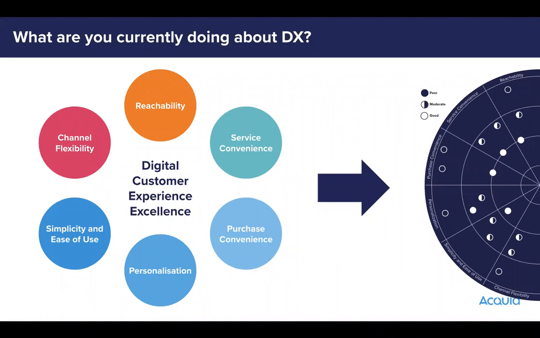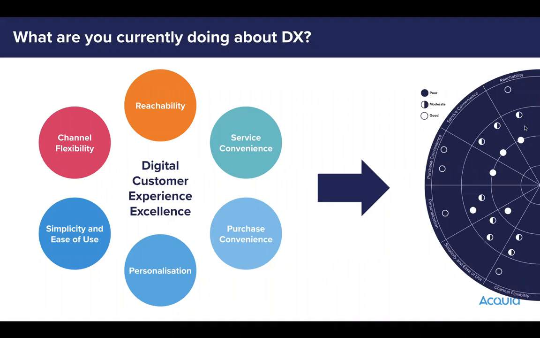And you can do some sort of map. So if we look on the right-hand side, we've got an example of a map where you may want to highlight the reachability area. And you may want to break that down into the areas that are relevant to your business. So if you're a fashion label or retail, you probably want to do a push onto social media in some way. You might want to be doing things like Google AdWords, keywords based on your products or the segments or categories that you're working on.